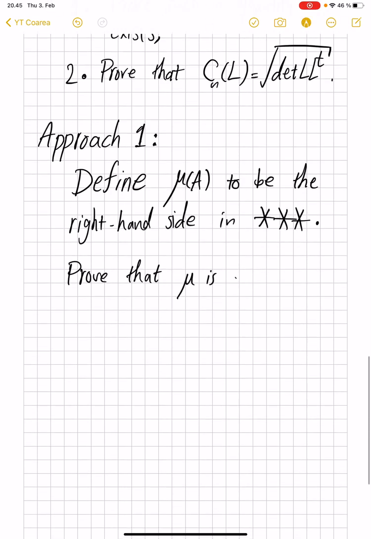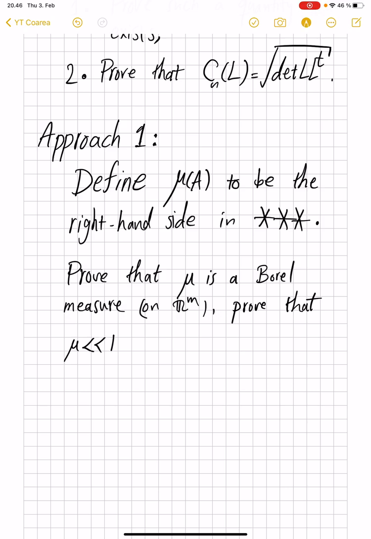mu is a Borel measure on R^m, of course. Prove that it is absolutely continuous with respect to L^m, which means that mu of A is 0 if L^m of A is 0. Okay, this follows from the Coarea inequality, which we'll have a separate video on. Prove that